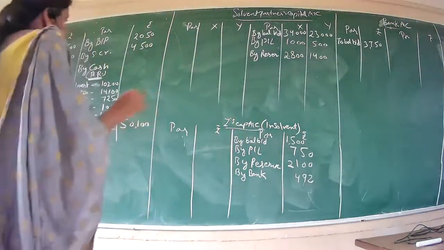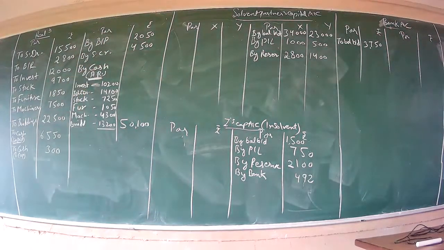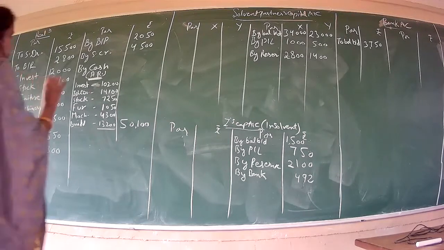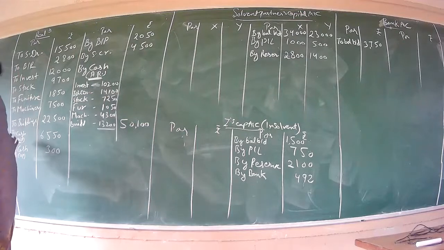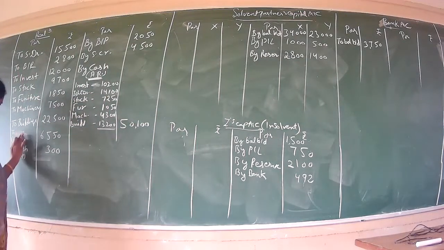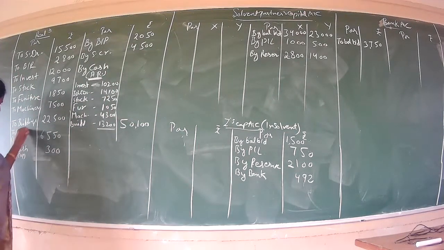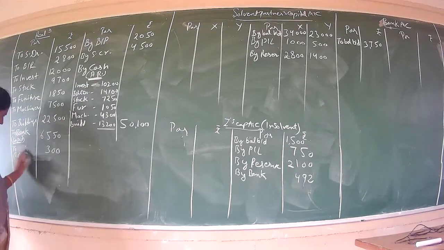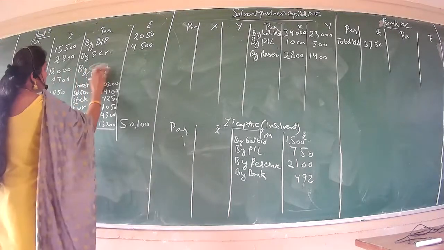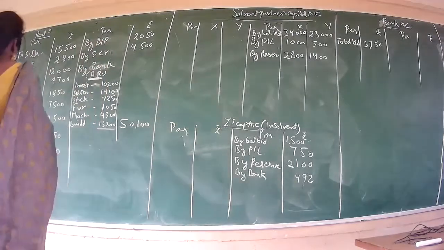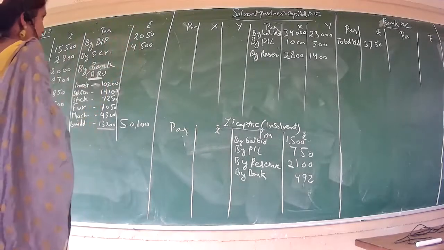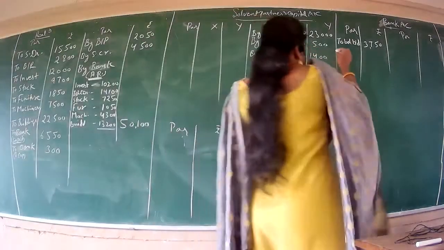Okay. So if all the entries are over, what we have to do? Very first, we'll do all the counter entries of your cash account. So for the cash account, better I write here also as the bank account only, because we have opened the bank account. So here also I'll mention it as a bank. Now we'll do all the counter entries in your bank account from the realization account.